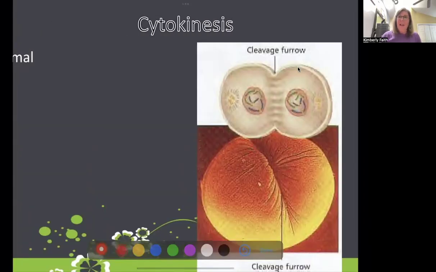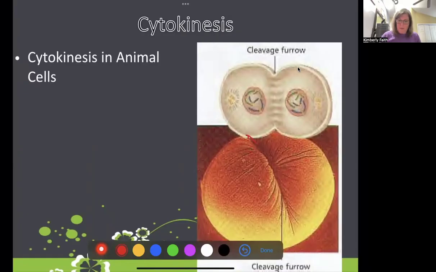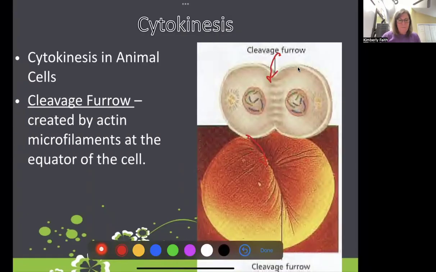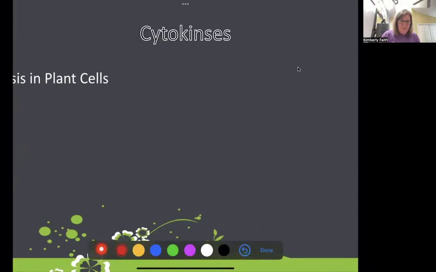So with an animal cell, we can pinch it. And where we're pinching is called the cleavage furrow. And we're going to have actin microfilaments at the equator of the cell. I always think it's kind of like a pull-string purse, and you're just going to pull it closed. And then eventually the two cells,